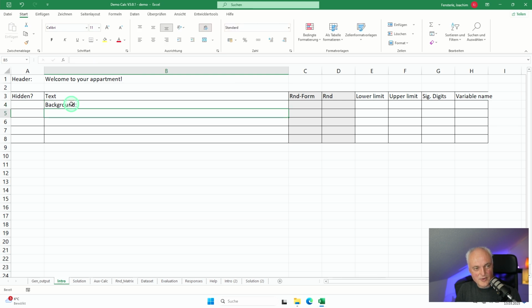So the header is "Welcome to your apartment." This is obvious. Your apartment has 2 rooms. Room A has sides with the length